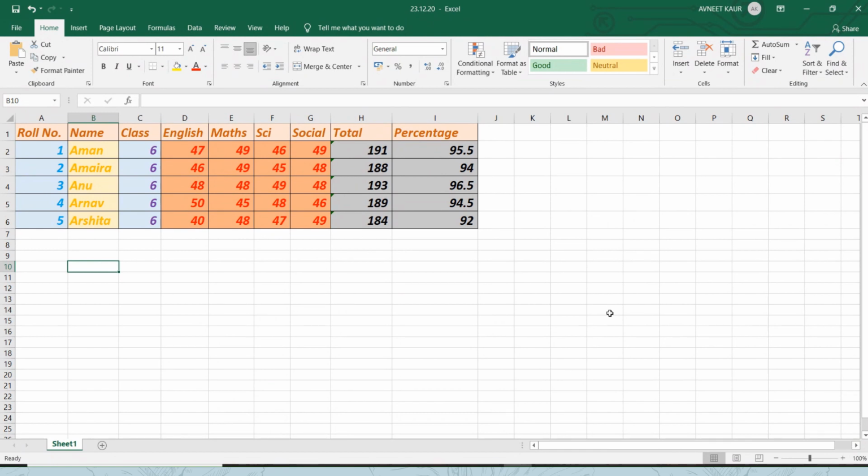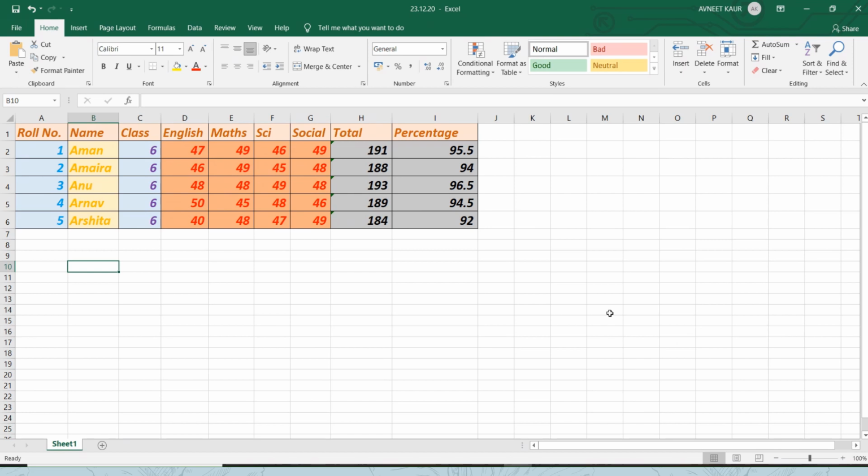Now let's study how you can select continuous range of cells and multiple range of cells. You have learned in your previous chapter what are range of cells. The area that is formed by the block of cells when you select or highlight them, those are called the range of cells. So how can you select the continuous range of cells?